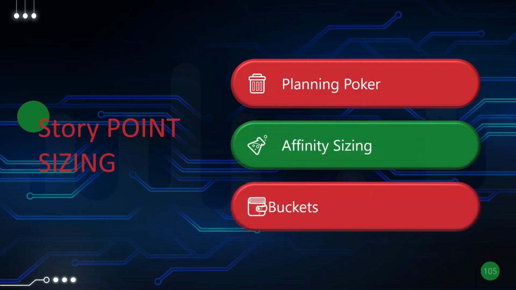So now that we understand what relative sizing is, let's talk about story point sizing. Story point sizing is going to follow the relative sizing method that we talked about, sizing stories. But there are many methods of doing sizing. You can do planning poker games, you have affinity sizing, you have complexity buckets, you have t-shirt sizing. These are all ways a team will get together and they'll size the stories.